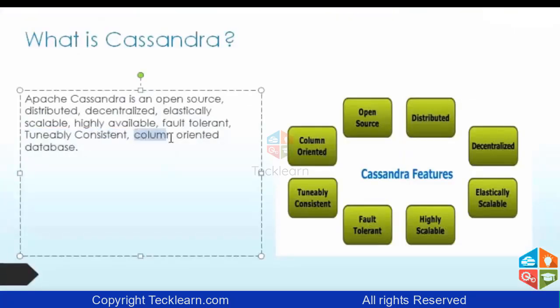And then the last is column-oriented database. Now, column-oriented database means what? When we say column-oriented database, we are talking about NoSQL. First of all, Cassandra is a NoSQL database. Now, what exactly is a NoSQL database? NoSQL databases are the databases which do not follow the pattern of storage similar to what we have in the RDBMS, relational databases, right? So in case of Cassandra, the pattern it follows to store the data is known as